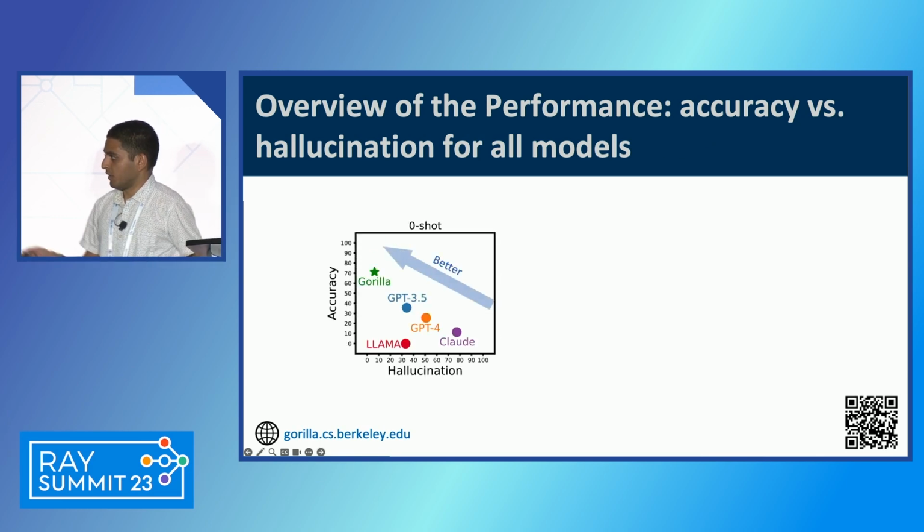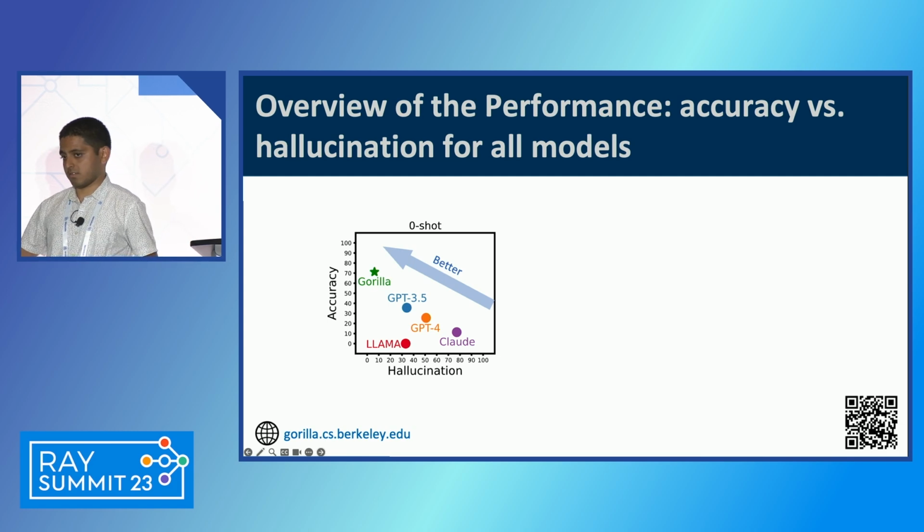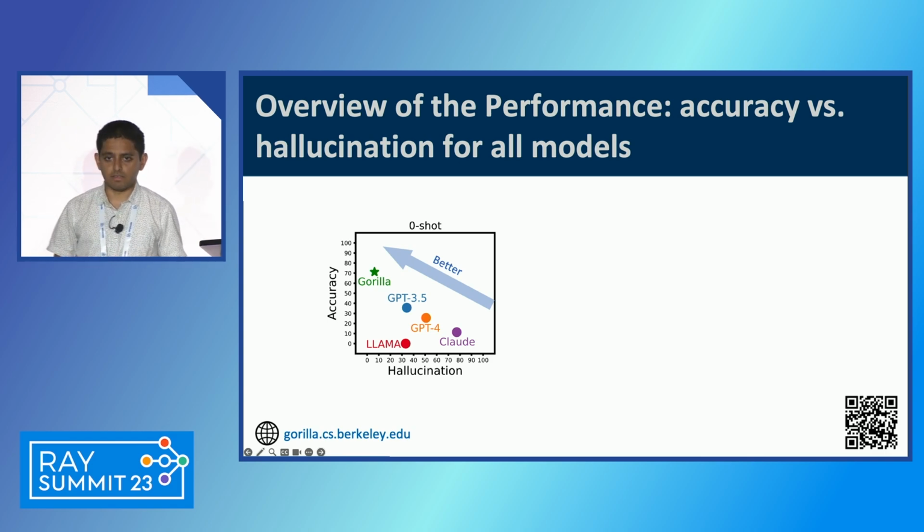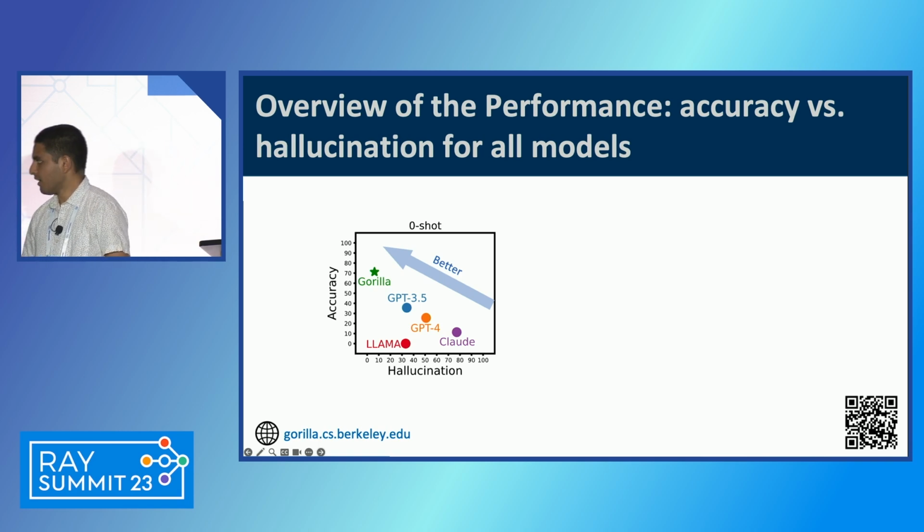So over here, what you have on the y-axis is accuracy, and on the x-axis is hallucination. Lower is better for hallucination, higher is better for accuracy. Keep in mind, one does not imply the other, right? So if I were to ask, how do I receive money? If it says use the Stripe API, that's accurate. But if it says use PyTorch API, then it's not accurate, but it is also not hallucinated. PyTorch API exists. But if it were to say use Shishir API, then that doesn't exist. So then you know it's hallucinated, right? So you want to be lower and better.